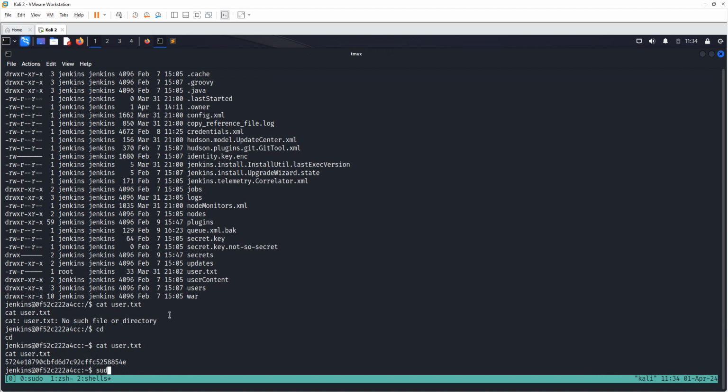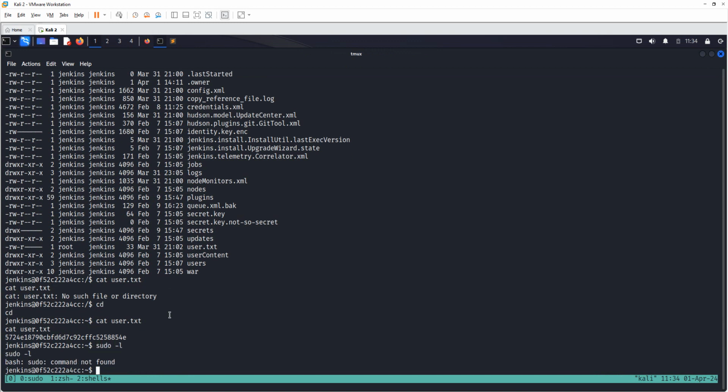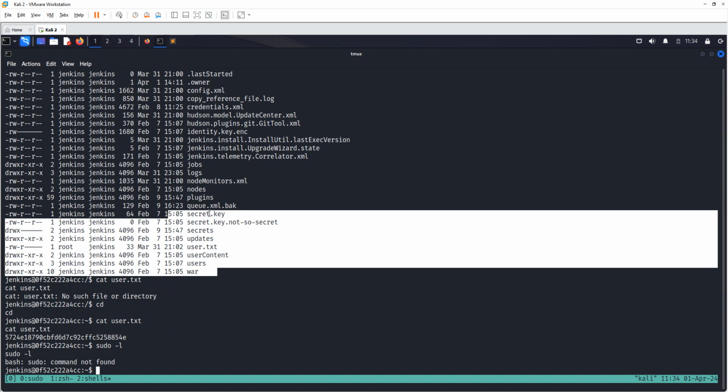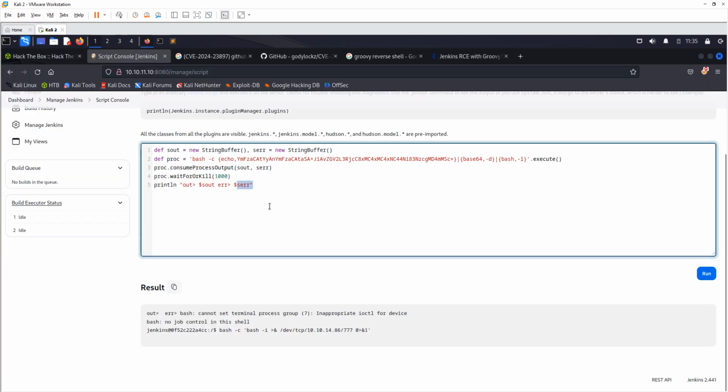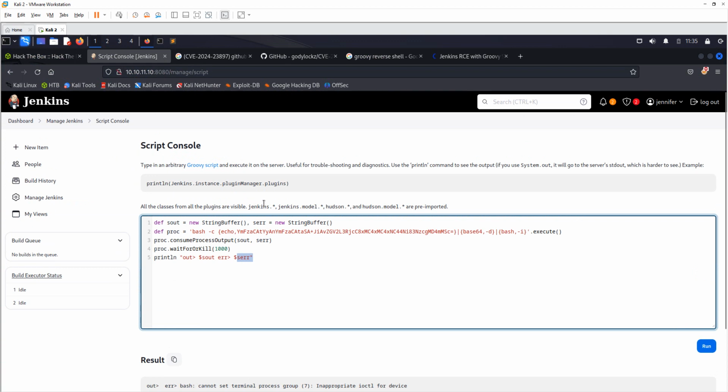We can't really do much here. With sudo -l, we cannot run the sudo command to check for sudo privileges, and since I've worked on this box before, I don't want us to go down into rabbit holes. I just want to make the video short, so I'll go straight into how we can get root. So for root, what we're going to do is